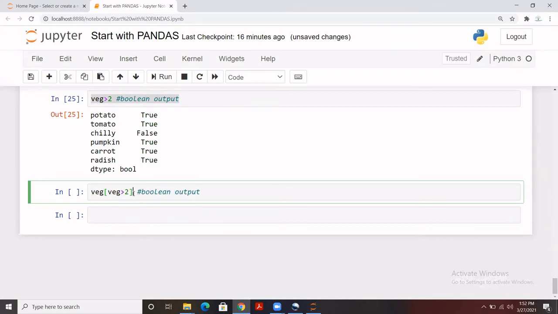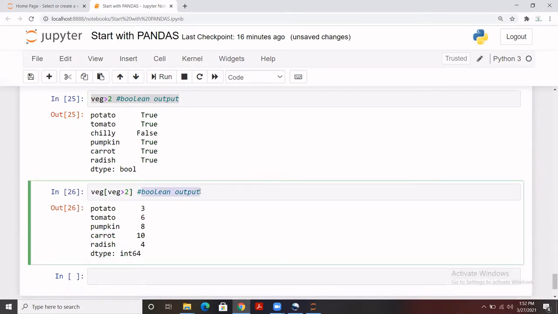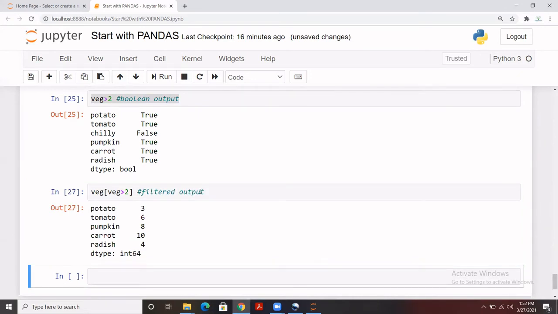Once we run it, it will give you the filtered output, which satisfies the condition which you have given. So in the wedge series, whatever we have greater than 2, it has given you as an output. This is very helpful when we want to extract the exact values. Then we can do something like this.